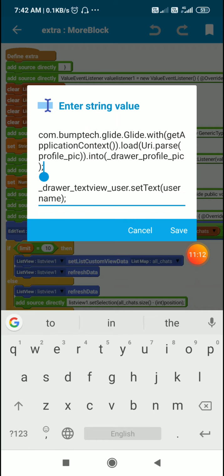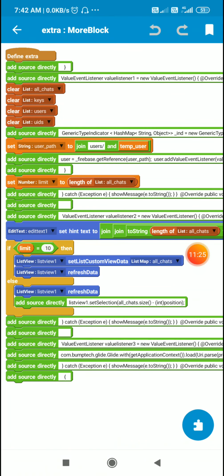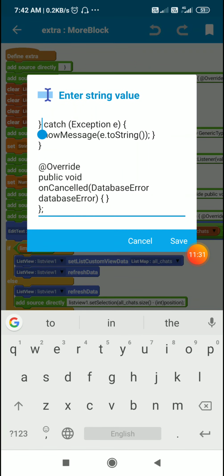And I set the text of drawer underscore text view underscore user, which is the text view in drawer, by using the string username. And after this I just close the try method, then there is catch exception, then I close on data change event, and then there is on cancelled event in which I do nothing.